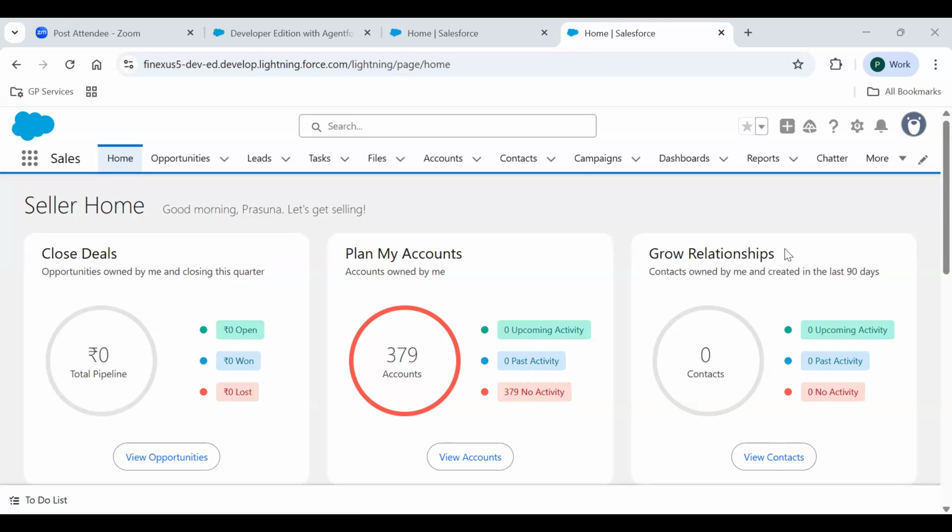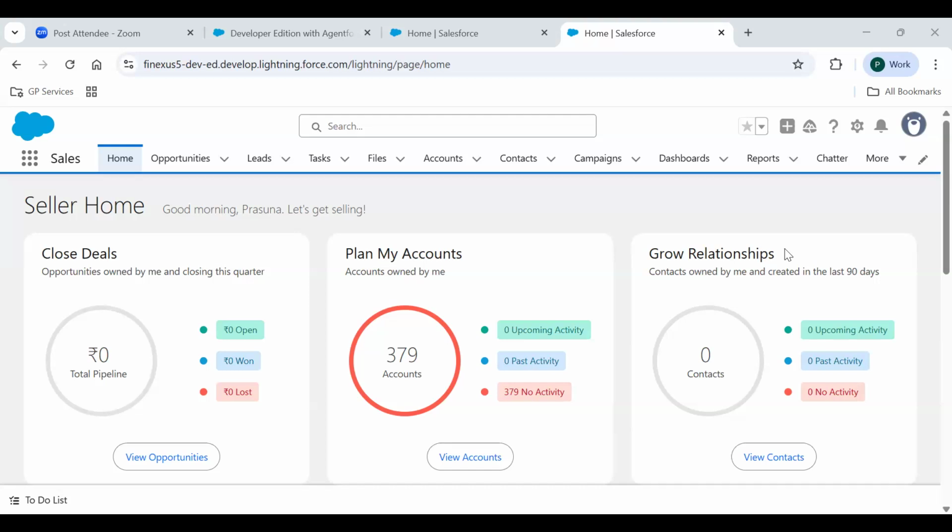So how can you view your database? If you come a little down, here you have something called a query editor, where you can issue queries and see the result. Let's say here I have given one simple query: select ID, name, industry. These are nothing but the fields. I'll explain what fields are. From account.